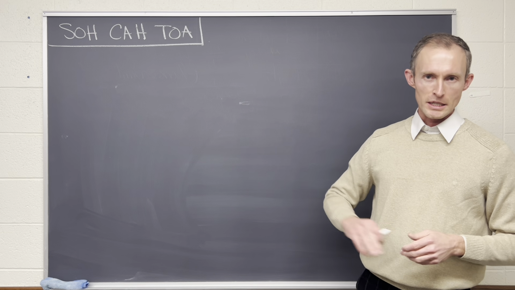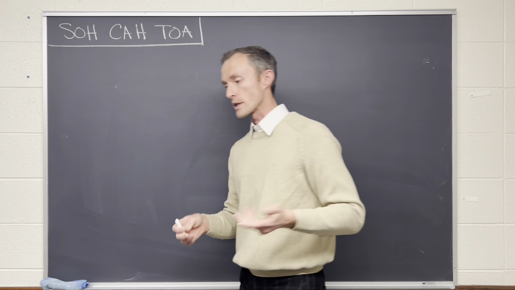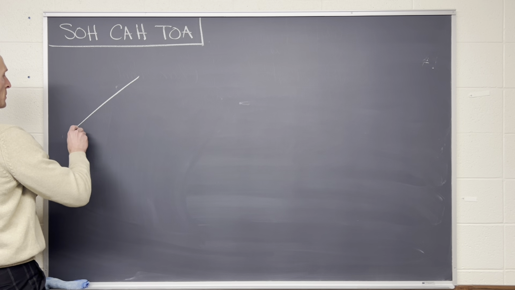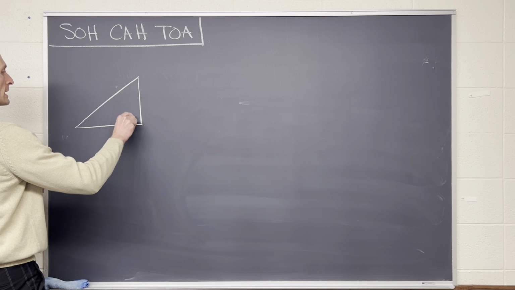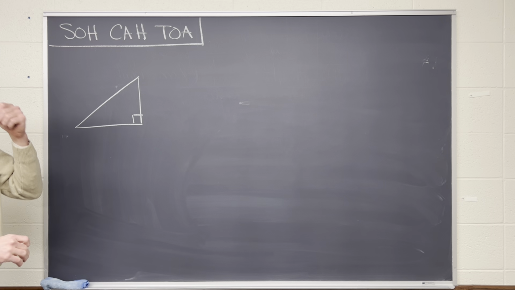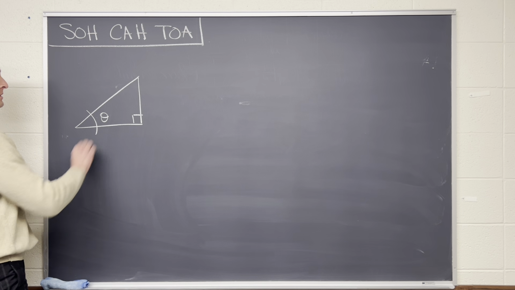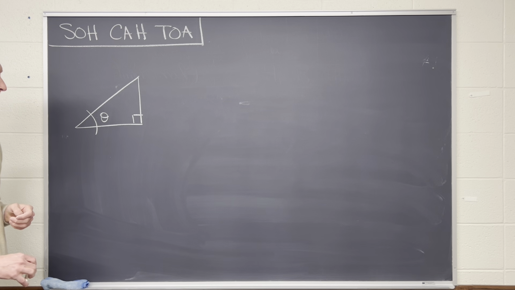Let's start with the basics with SOH, TOA. What is it? Where does it come from? Trigonometry ultimately stems from looking at angles and lengths. In particular, it's looking at geometry. Now, if you give me an angle, which I'm going to denote by the Greek letter theta,